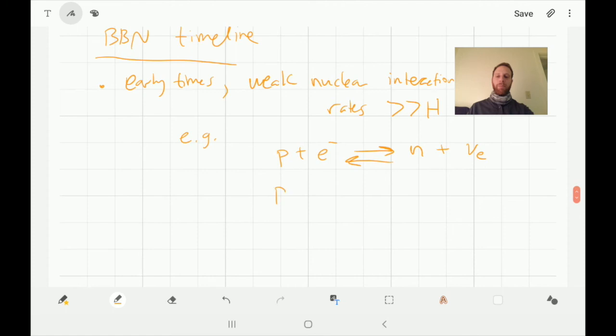Another one, for example, would be a proton and an antineutrino of the electron type can turn into a neutron and an anti-electron or positron, and that is equally likely to go back in so-called chemical equilibrium. Again, chemical equilibrium will be occurring if the interaction rates are high enough. But eventually, you're right, the universe is expanding, it's getting colder, and these weak interaction rates strongly depend on energy, and eventually they cannot occur at a fast enough rate to maintain this equilibrium situation. When that happens, when they fall out of equilibrium, that's called weak interaction freeze-out.